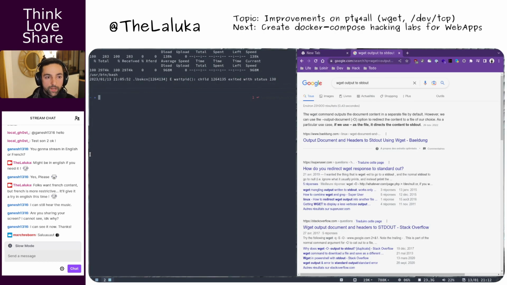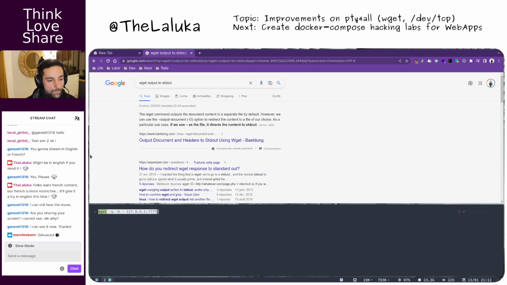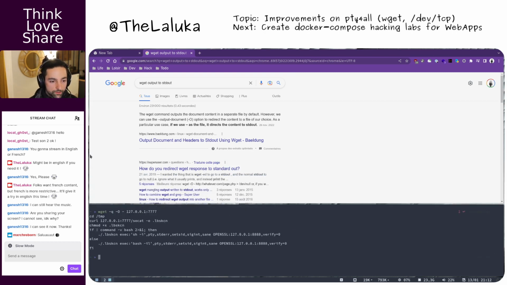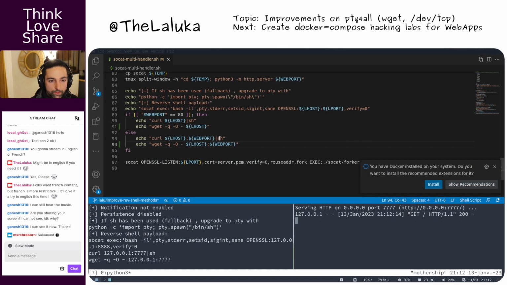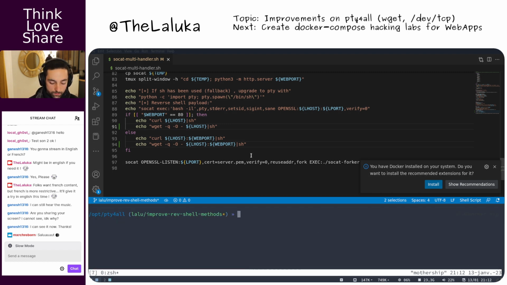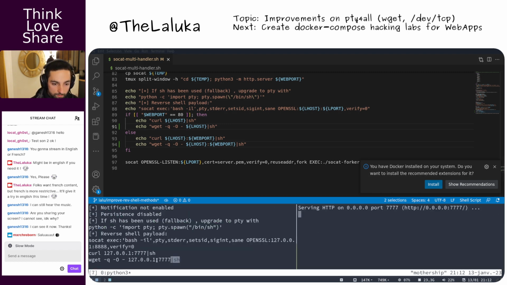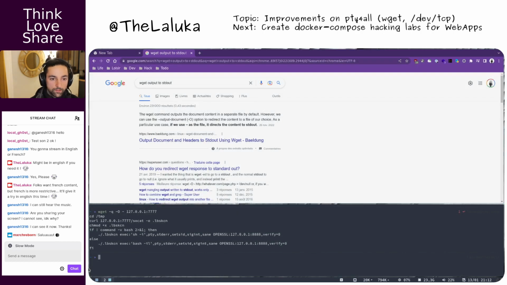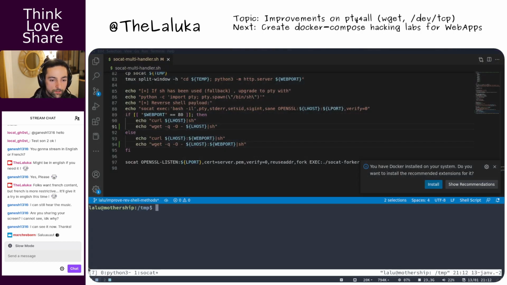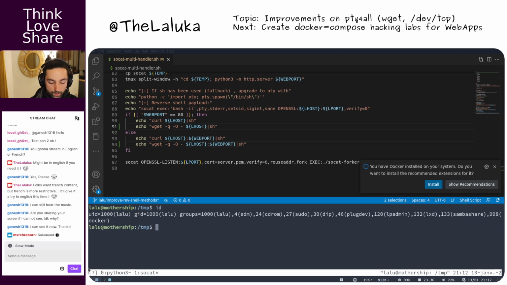And so we go back to our target and whoosh. We are missing the pipe sh parts. Trying again, and exploit and whoosh. All right.